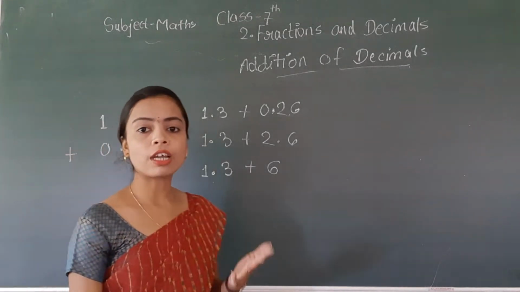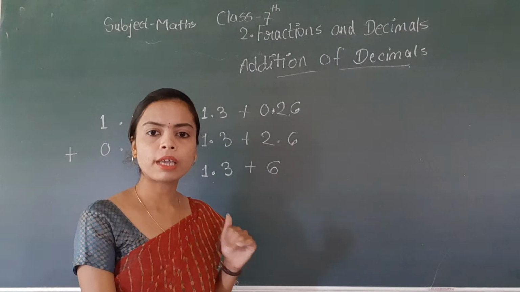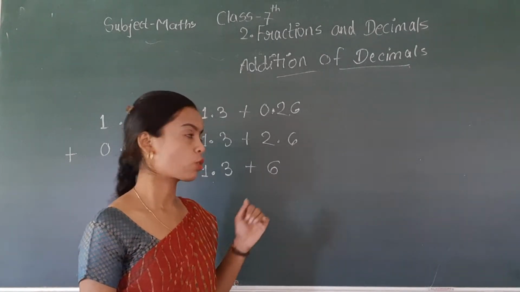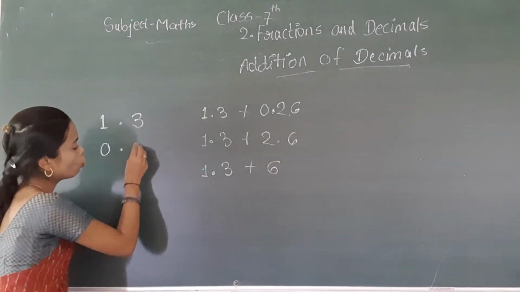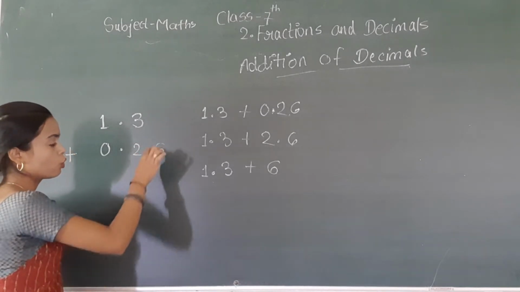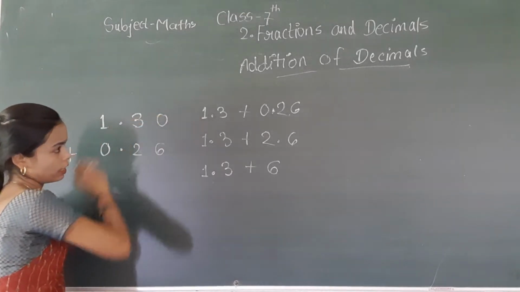We pronounce it 26 or 26? जो डेसिमल के बाद नंबर होते हैं उसे हम कैसे रीड करते हैं? 26 या 26? Yes, we read it as 26. So it is 0.26. So you have to write 2 below this 3 and 6 in the next place. There is no number above 6, so just add it.